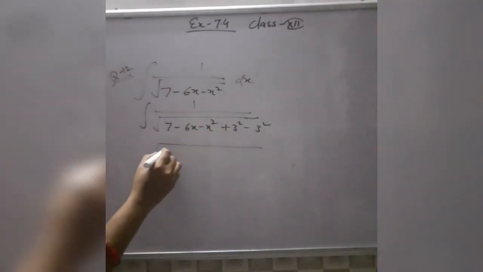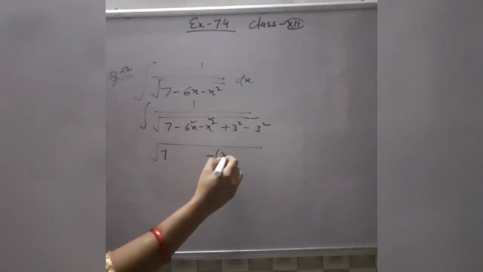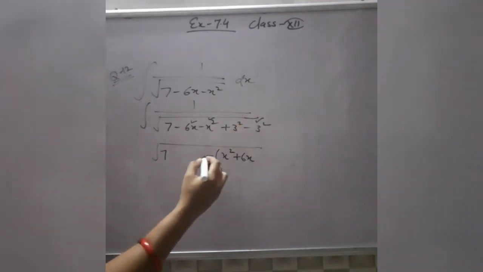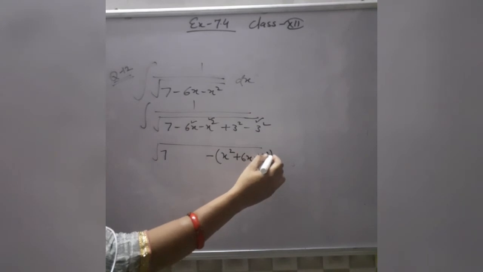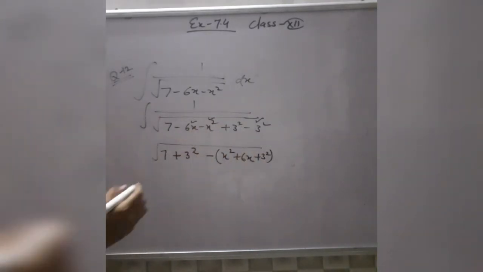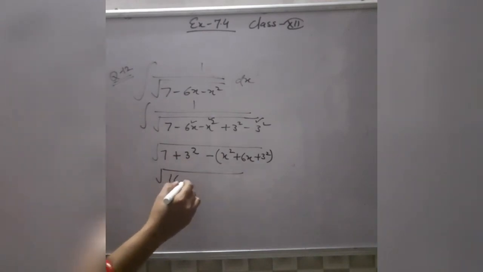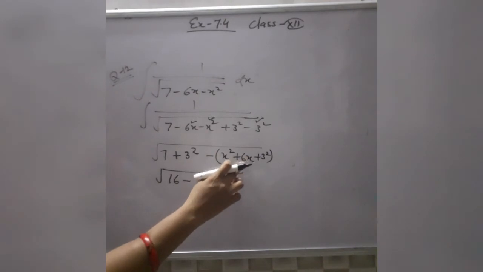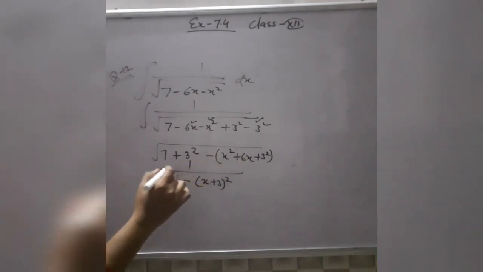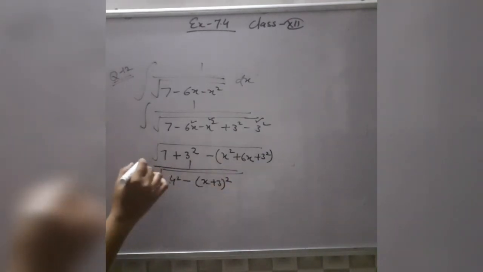Now see here, take these two terms together, taking minus common, it becomes x square plus 6x. From this minus 3 square also take minus sign common, write down 3 square here. Now the remaining term is plus 3 square. Now 3 square is 9, 9 plus 7 becomes 16. And this a square plus b square plus 2ab can be written as x plus 3 whole square. And this 16 can be written as the square of 4. And this result is in the denominator.